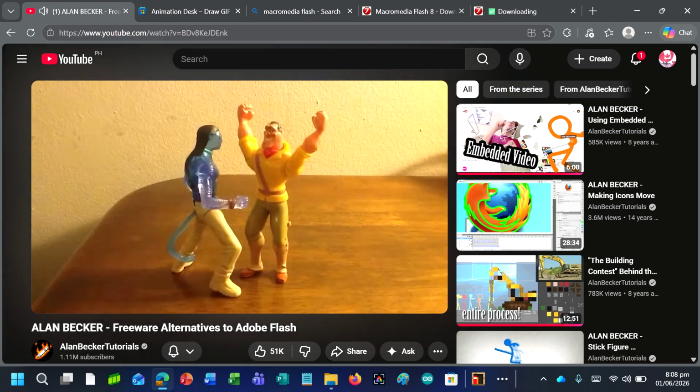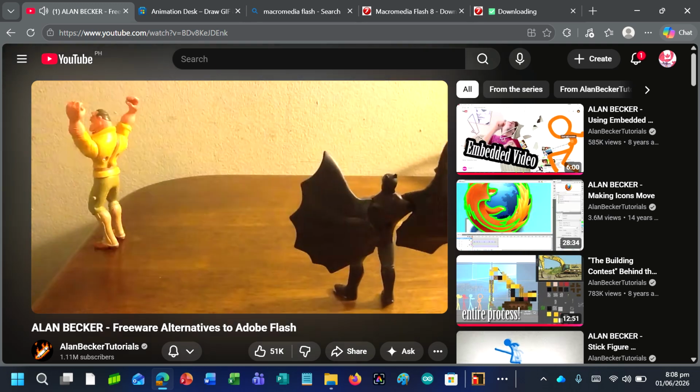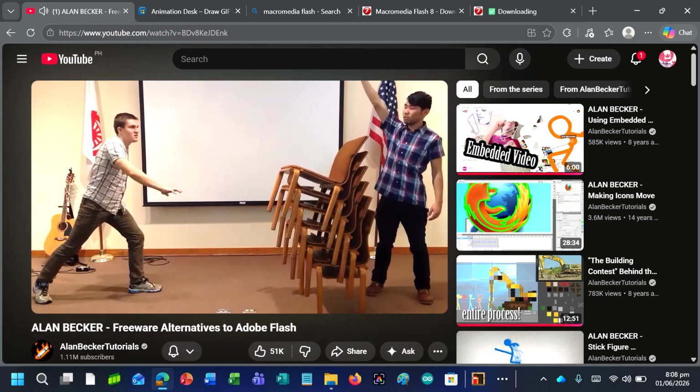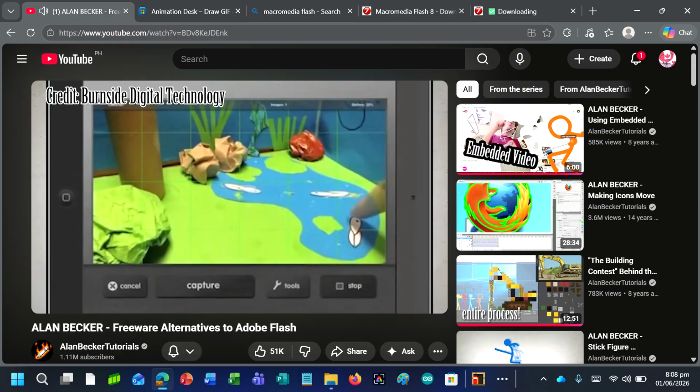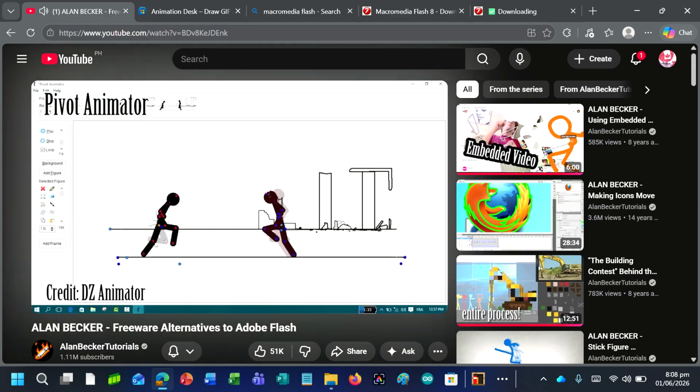I have played around with this app a lot in the past, using both toys and real people. One tip is to always use the onion skin so you know what the previous frame looks like before taking the next picture. Next we have Pivot Animator, which I didn't think to include on the list until I saw